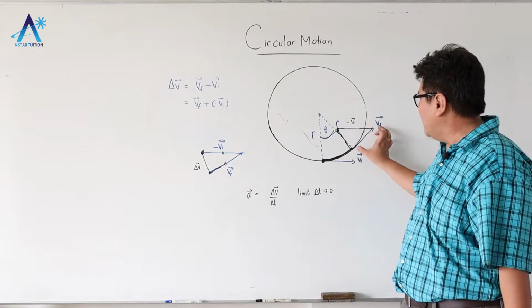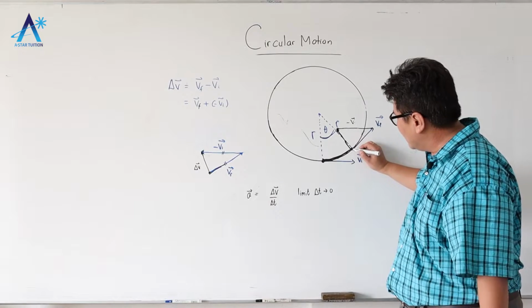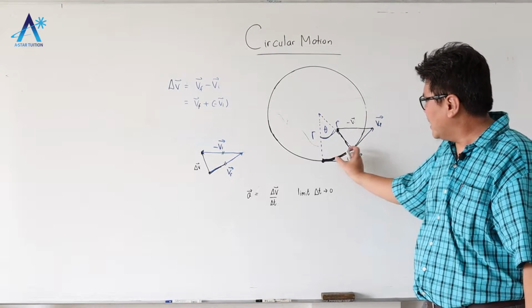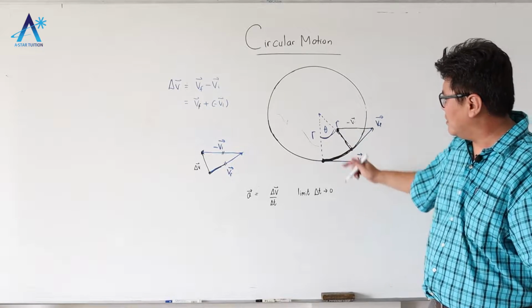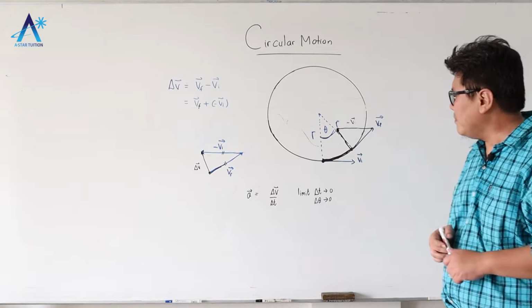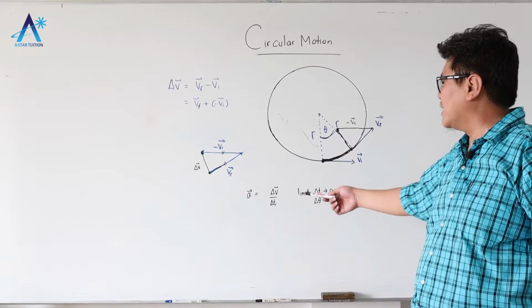So in other words, vf is very close to vi, the tip, the tail of the vector. So it's like very close. So in other words, the delta theta approaches 0 as well. Okay, so let me explain to you how to find an expression for